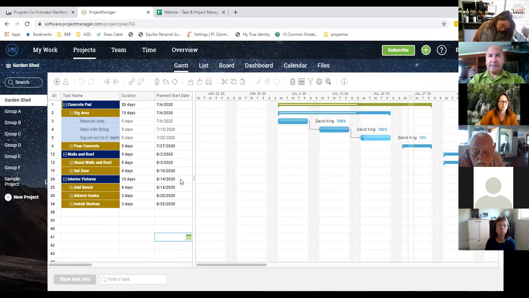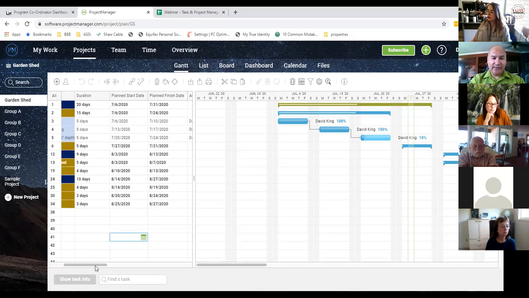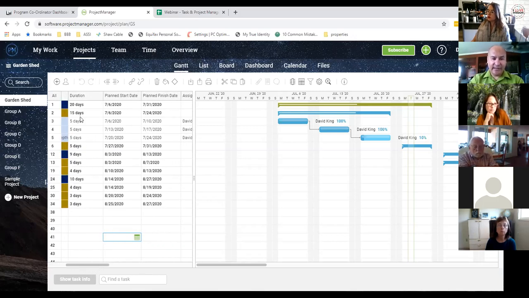So this is your task, but looked at in a different method. This is more of a project schedule, a more Gantt system. So this is more traditional waterfall. From here now, I can actually allocate team members. I can assign the duration. It's going to take 5 days. So on this particular deliverable here, it's going to take me 15 days: 5 days, 5 days, 5 days.